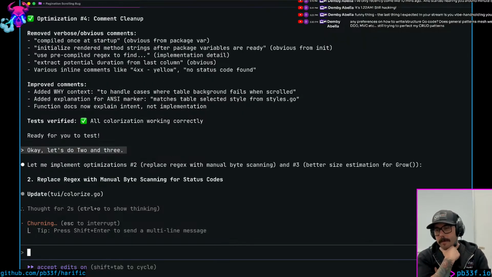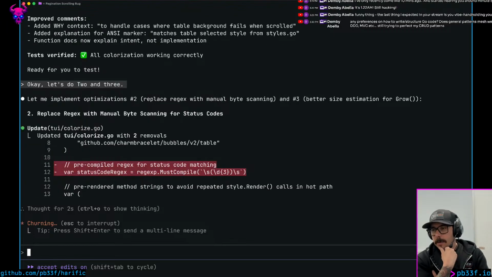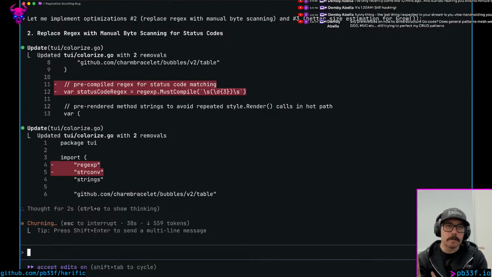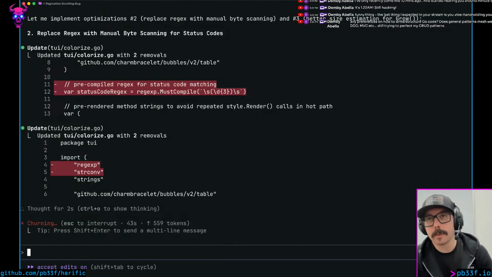Question from Demby. Any preferences on how to write structured Go code? Do general patterns mesh well with it, in your opinion, like domain-driven design, model view controller, etc.? Still trying to get perfect on my CRUD patterns. There's a few patterns that I always implement, regardless of the language. For example, the whole Doctor platform. We can go through the code on one of these streams at some point in the future, but it follows